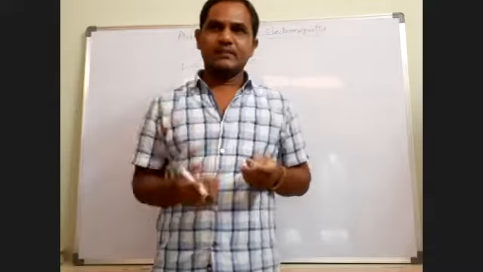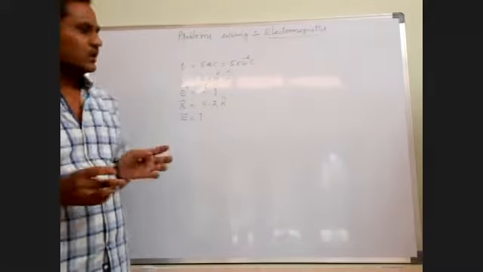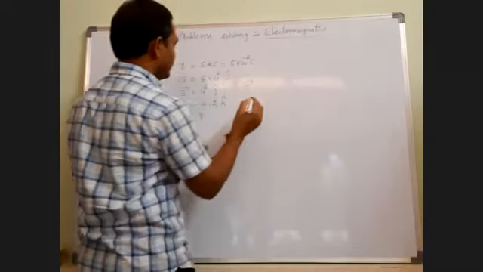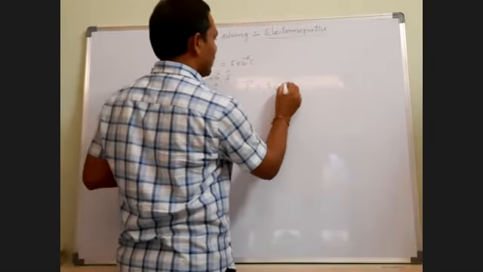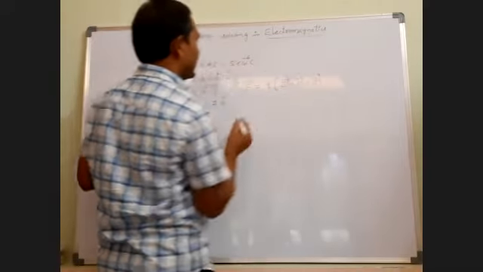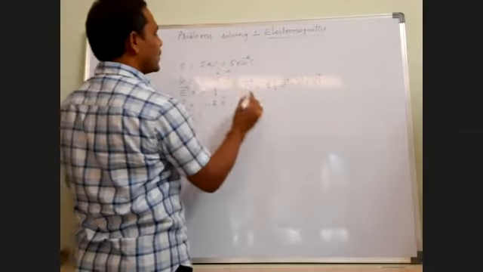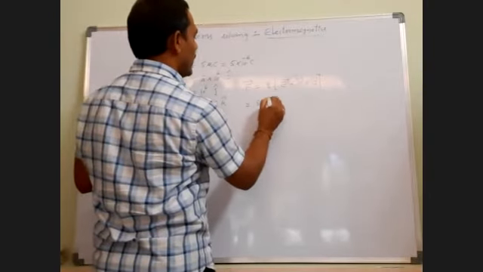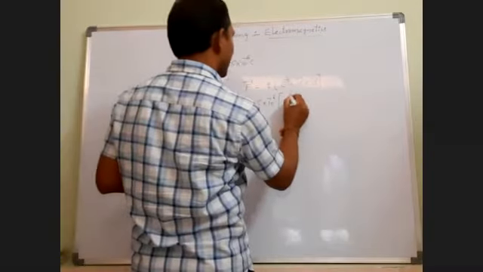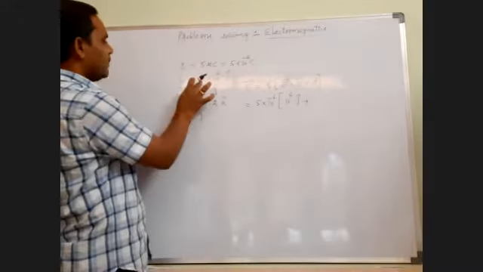Is there any difference between this problem and the previous one? It is the same problem, sir, so we have to apply the same formula. So what is F bar equal to? F bar is equal to Q into E bar plus V bar cross B bar. Let us substitute the values. Charge given is 5 microcoulomb, changing into coulombs, 5 into 10 power minus 6. E bar, the electric field strength, is 10 power 6 J cap, plus V bar cross B bar.